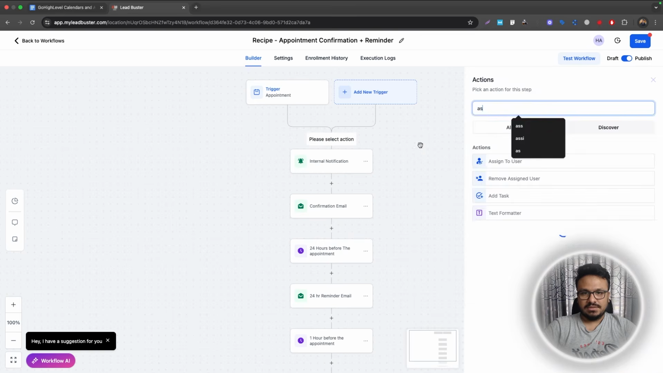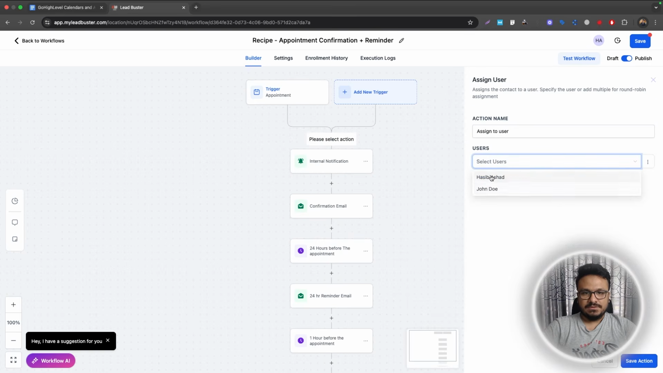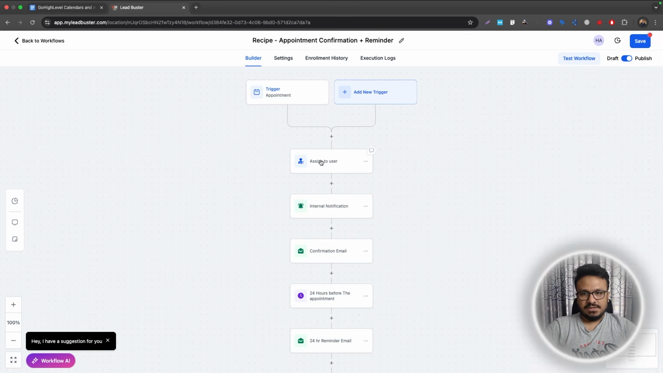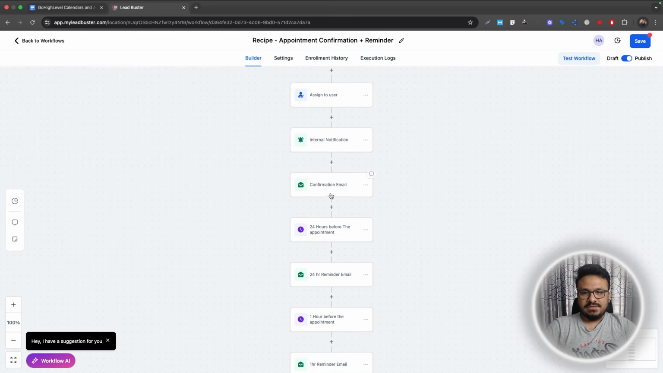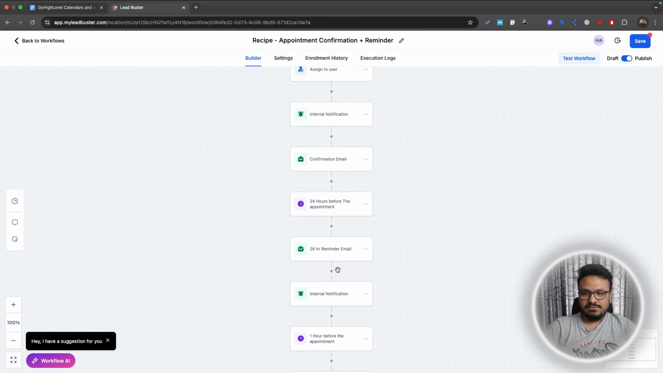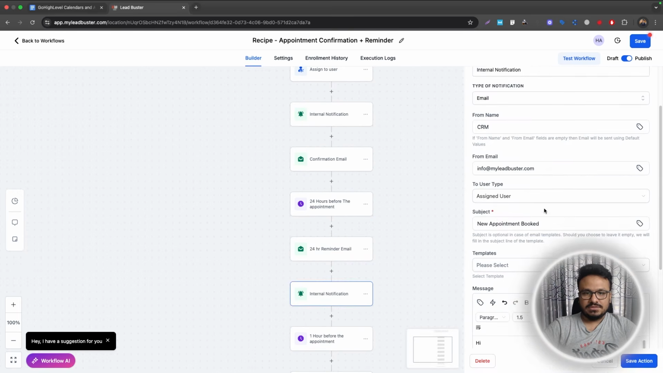So what I need to do is assign this to the user. Okay, so assign to user, send an internal notification to the assigned user, and then send all these bunch of confirmation. And you can send yourself reminders as well. So I can just say copy action, and then 24 hours before you get a notification as well. So